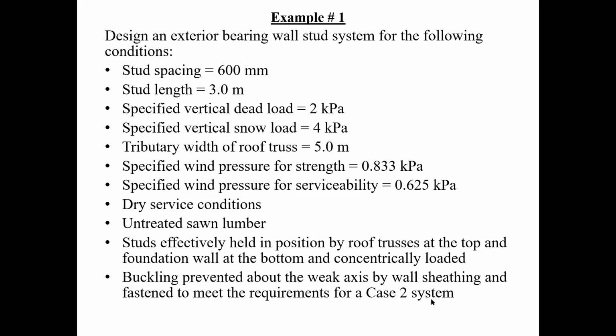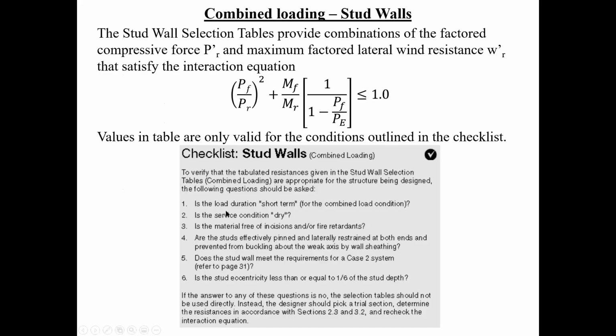So that means I'm giving you all the situation: we're going to have sheeting, it's going to be nailed properly, the weak axis is going to be laterally supported, and so on. And I'm doing this basically why? So that when we're solving our problem,